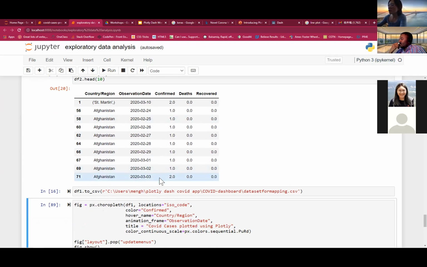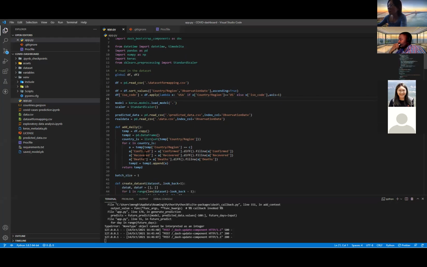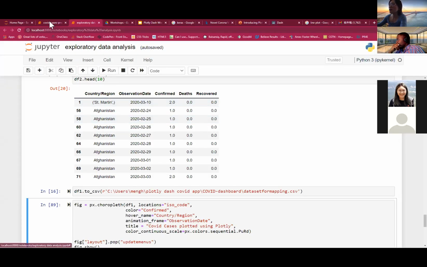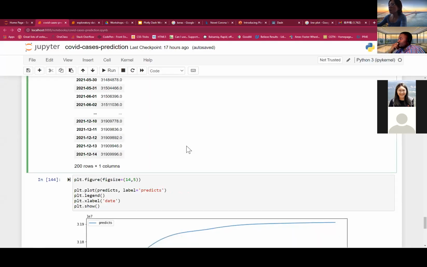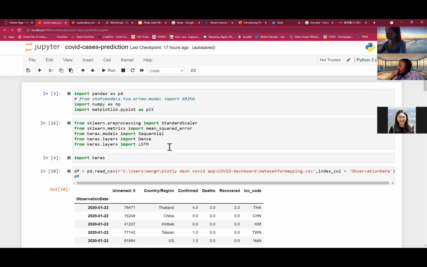But yeah, other than that, this data set is pretty straightforward. The only caveat would be, because it is a cumulative data set, if you would like to view the data on a daily basis, then you have to do some manipulation to actually get the daily information by country. So that would be the only manipulation that is done here. And then moving forward, I would go into the prediction part of the analysis, which, okay, I see a hand